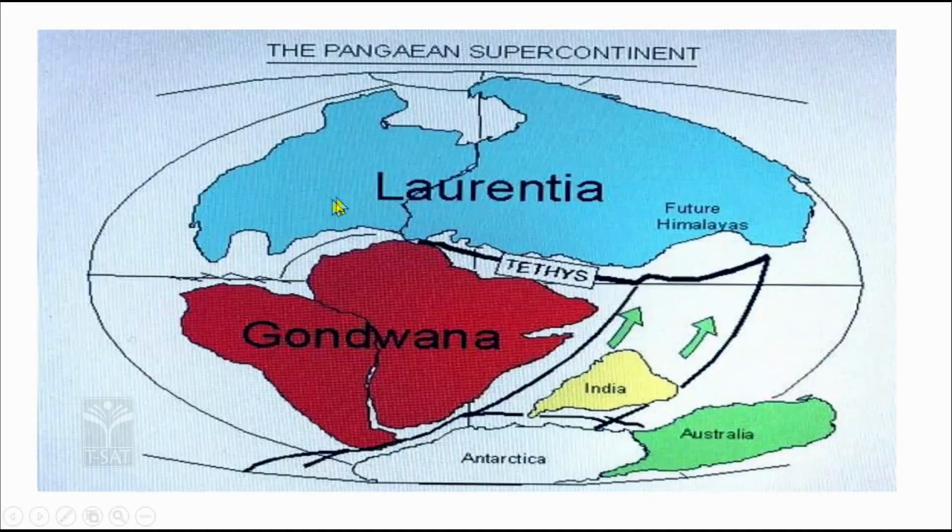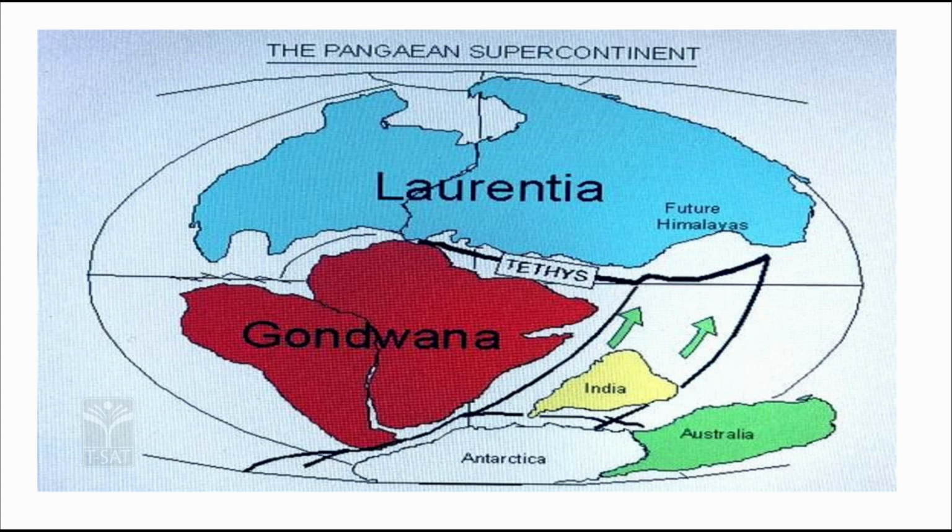This is considered to be a megacontinent, which is known as Pangaea. Because of the movement of the plates, Pangaea, the larger continent, was divided into Laurasia and Gondwana. Gondwana was further divided into South Asia, Australia and Antarctica. Laurasia was divided into North America, Greenland, Europe, and the northern part of the Himalayas, China and Russia constitute Laurasia. Laurasia is otherwise also known as Angaraland. It has a secondary name.